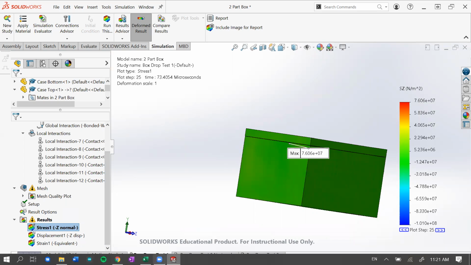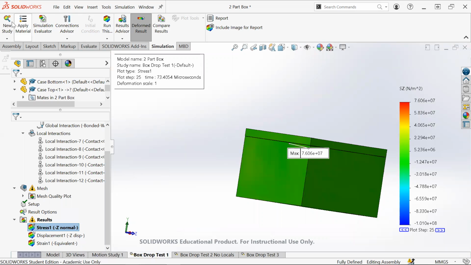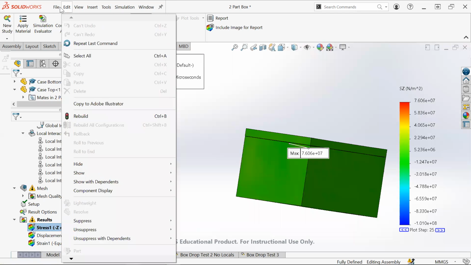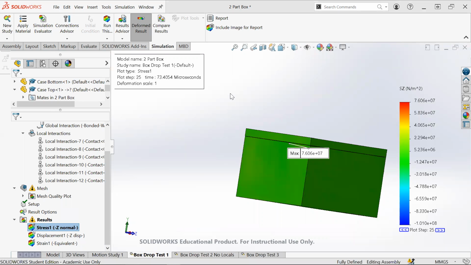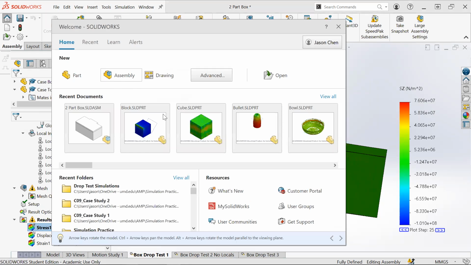Let me see if we covered everything. Go over section clippings, go over assembly drop tests, local interconnections. Yeah, I think we went over everything. Let me just show you a few neat things that I was playing around with. These are definitely not very applicable to what you will do. They're more for fun, things that you might want to try to get more used to